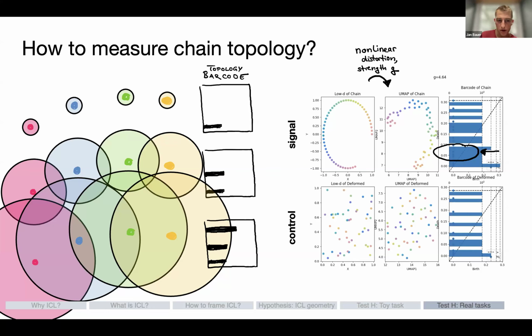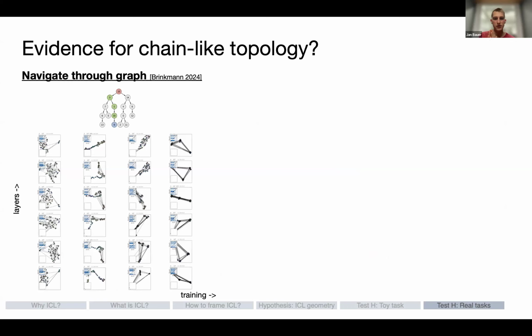Or larger models and real tasks in particular. So that's what we try to do. The first task that we looked at is a very recent one, which has been used on chain of thought or in-context learning, namely this one by Brinkman et al. And what you do there is